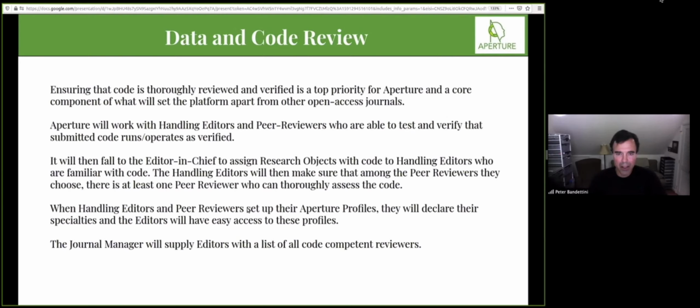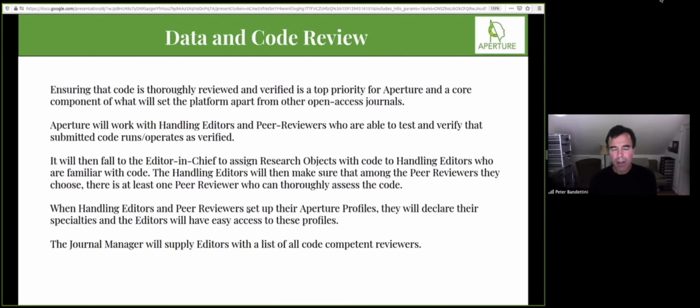This is all basically just a repeat of everything that I just said. So the system that we're trying to set up, and we're still negotiating this and trying to figure it out, but I think that as far as code is concerned, we might have a team or a list of code competent reviewers.